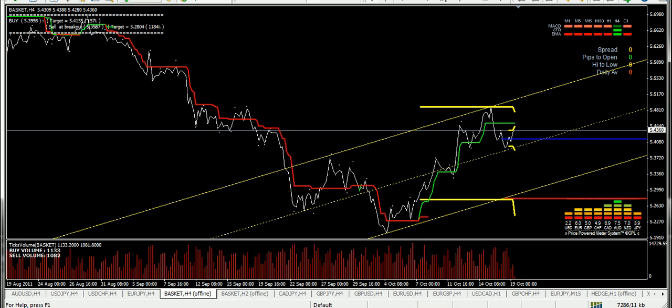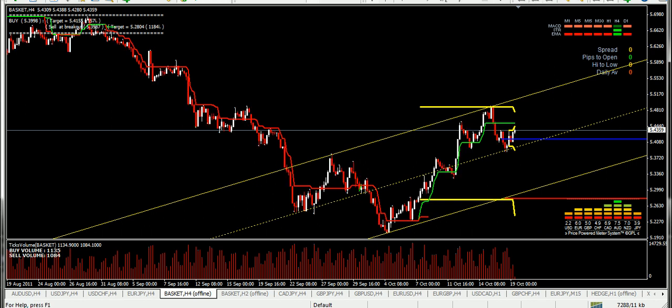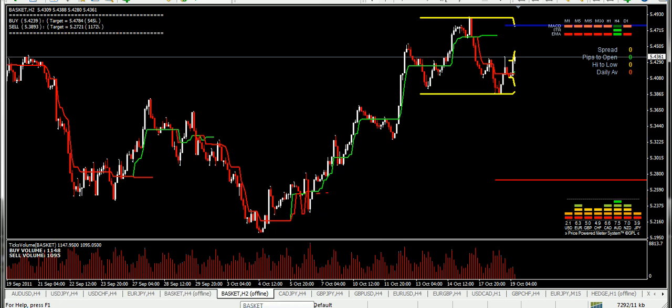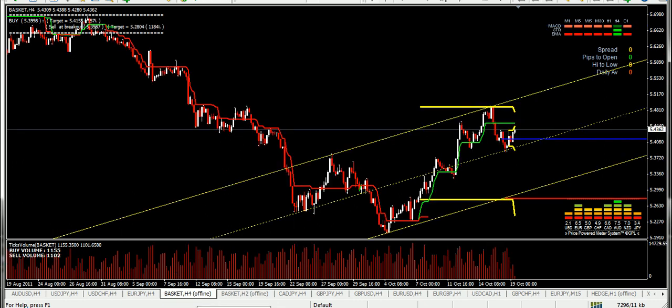You can notice on the basket, we'll put a candle on for you. You can see that it's going up. The definite trend is up on that basket. So the H4 basket on H1 is up, and straight away we can always see the volume is higher on the baskets of the 14 currencies. Pretty easy trading using simply